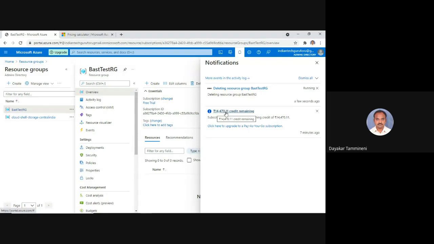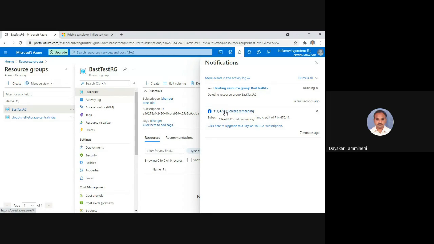Now it is 14,470. Only 30 rupees I have utilized till now. Why only 30 rupees? Because each and every time I am creating the resource groups and resources, I am deleting them immediately. If you delete immediately, then the cost will not be incurred. So that is why the cost is showing very less.